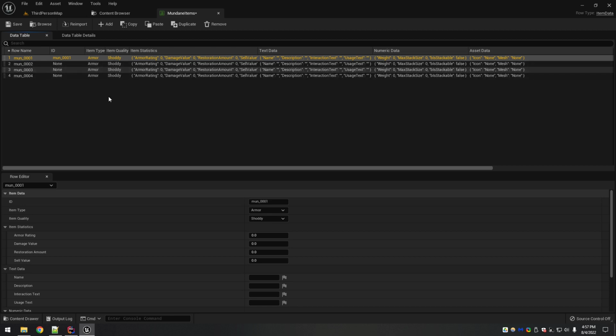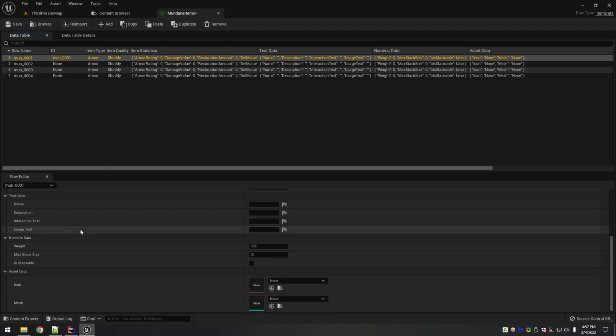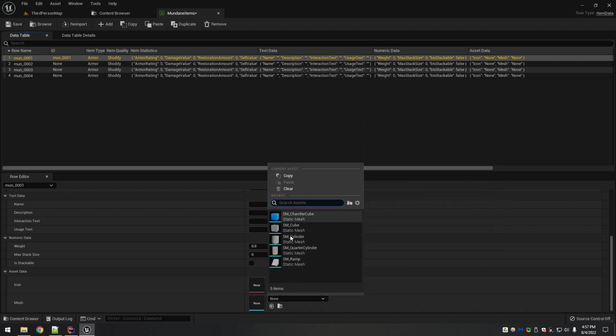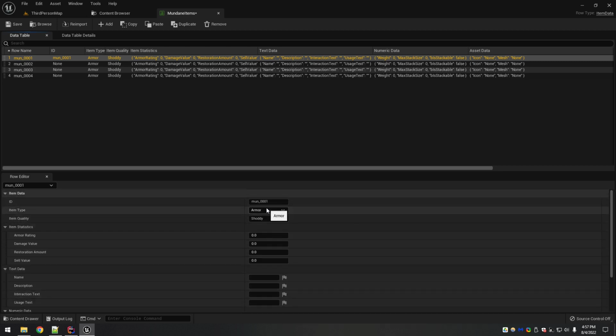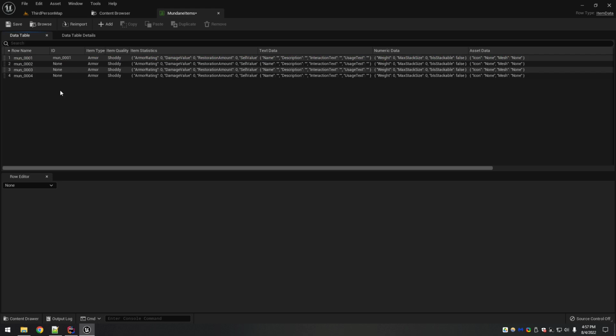Mainly what should drive it is, if you want to use it as part of this tutorial series, try to use something that you think you can get a mesh for, because that'll be a lot more fun rather than using a cube or a cylinder or something like that. You'll actually be able to get actual meshes so they have a visual representation in the world. So yeah, just be thinking about filling out some of this and finding some meshes and some icons for any kind of item that you want, and we'll pick this back up in the next video.